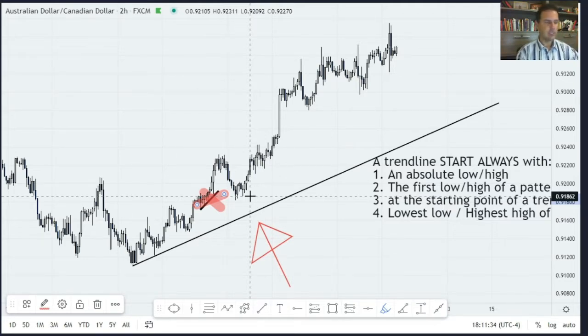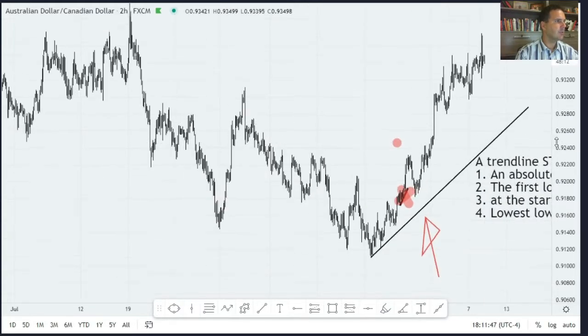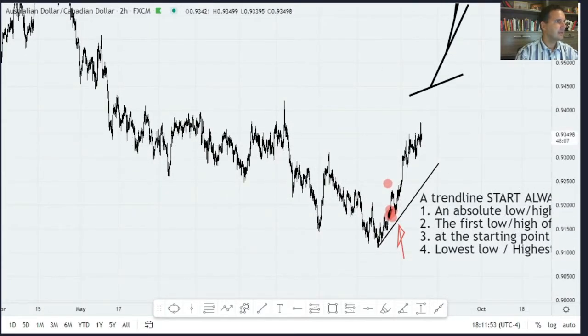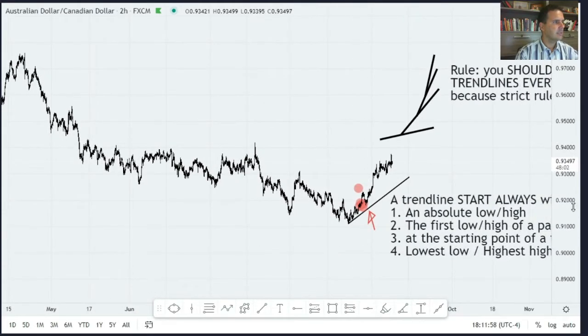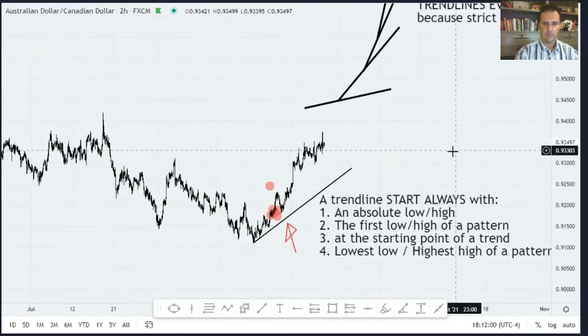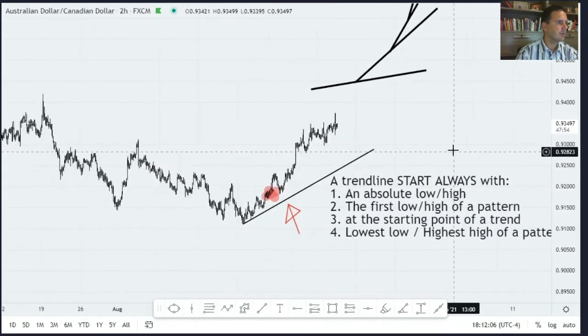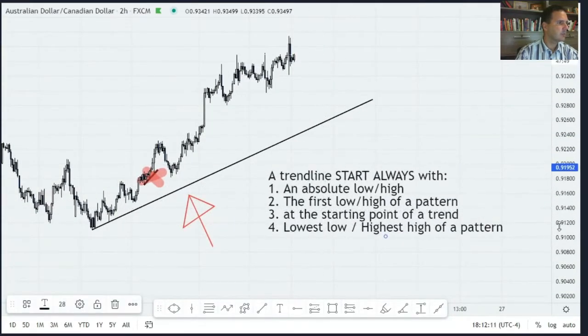You can say yes, you can say no, you can say I don't know. Alfred says yes. Thank you very much. Anybody else? We can compress the chart too, maybe to see something different. We are on the AUDCAD 2-hour chart. Low says it's better, not sure. Thank you very much. Not sure. Okay, now those are the rules, Low.